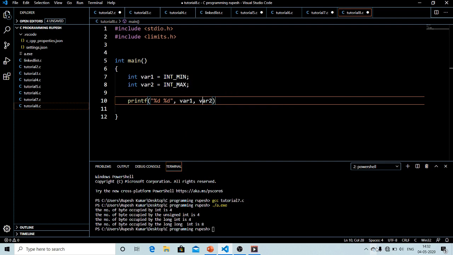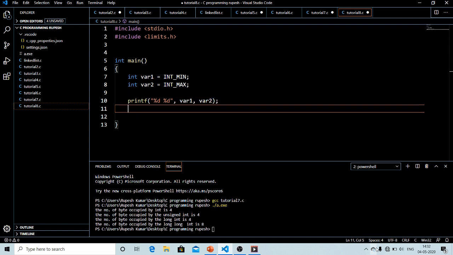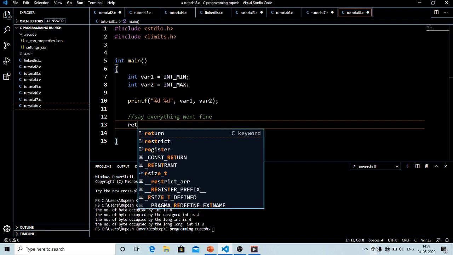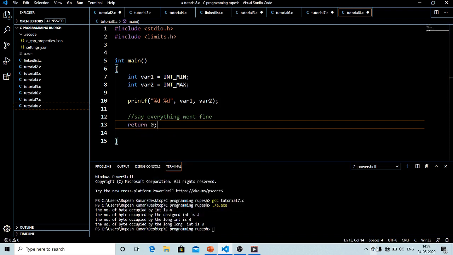You can see that the first %d corresponds to var1, and the second %d corresponds to var2. Now a semicolon here. I just had a spelling mistake. Okay, return 0. Now let's save this file and try to compile on a new terminal.